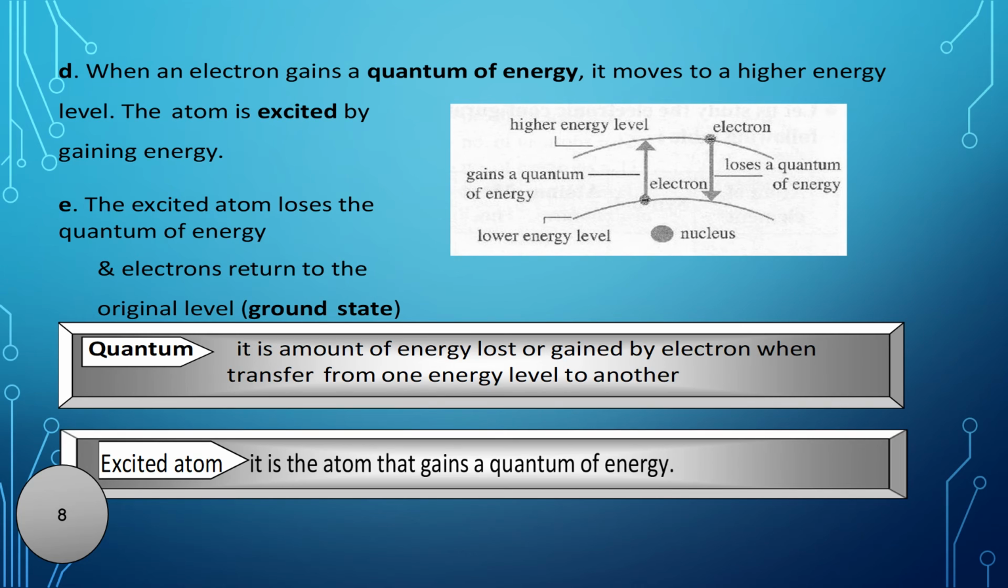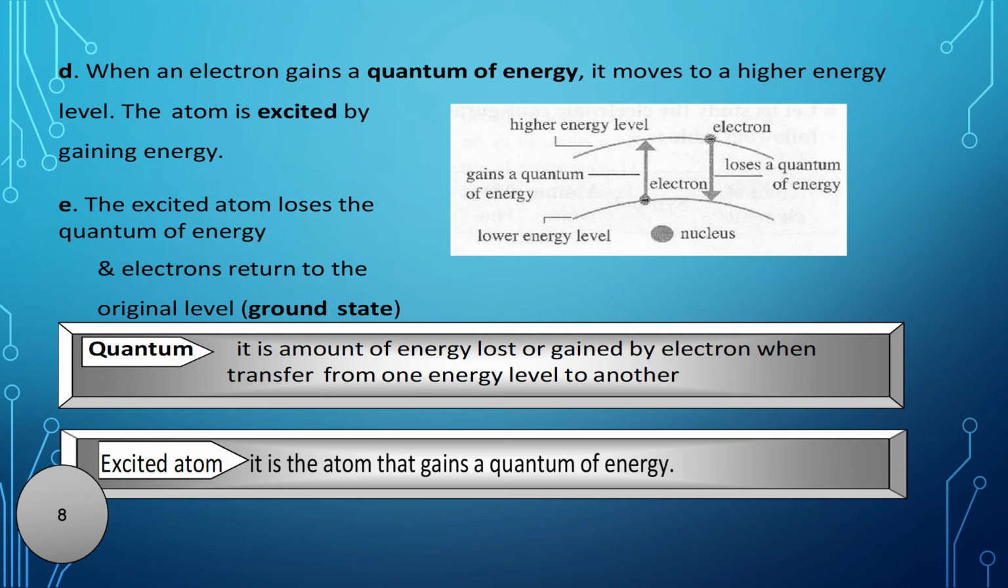Now, if an electron wants to move up or down, what happens to it? If the electron moves up, it will gain energy. This energy is called quantum. If this electron wants to go down, it will lose energy. This energy is also called quantum. So quantum is the amount of energy that is lost or gained by electrons when they transfer from one energy level to